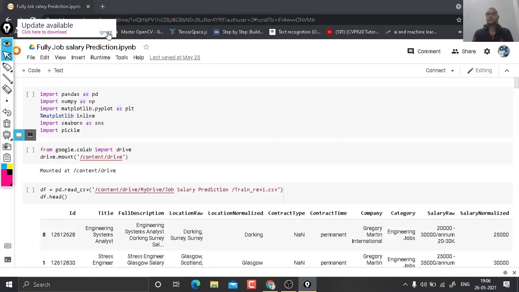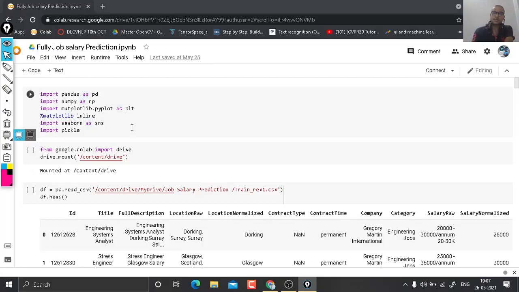Today we are going to recap all the code we used in our previous 5 lectures for UK job salary prediction. In this lecture we will go through all the code in just one lecture, not in detail but in short. If you want to watch all the code in detail one by one, you can watch our last 5 parts that I have uploaded for UK job salary prediction. The link is given in the description box as well as in the I button. So let's continue with this lecture.